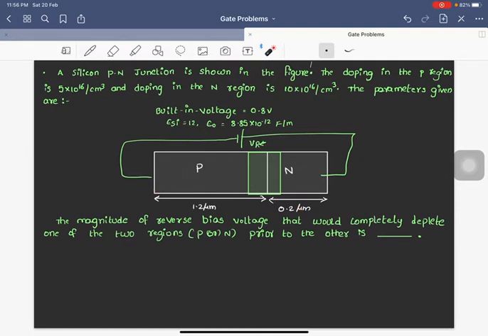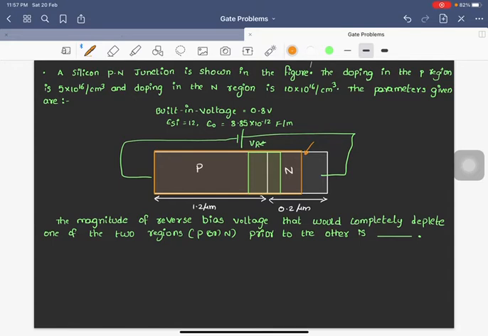So what I am saying is the case may be like this. Suppose, let me use orange. This may be completely depleted, but N region is only this much. That may be one case. We can't say. Suppose N region doping is very high. So what is the case? If the doping in any region is high, then what happens to the depletion width in that region? That will be very much less in order to conserve the charge.